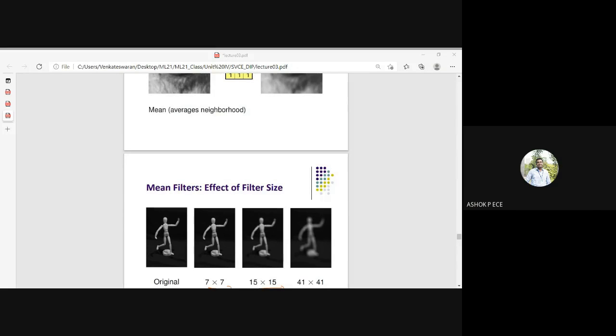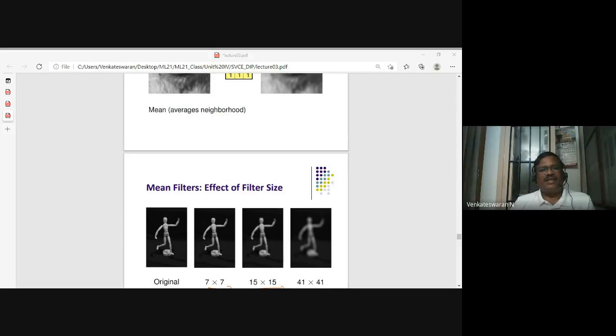Yes, sir. Now, there are a number of problems. I tell you, image processing has a number of problems. Anything that you see, to detect, to analyze, is a problem in image